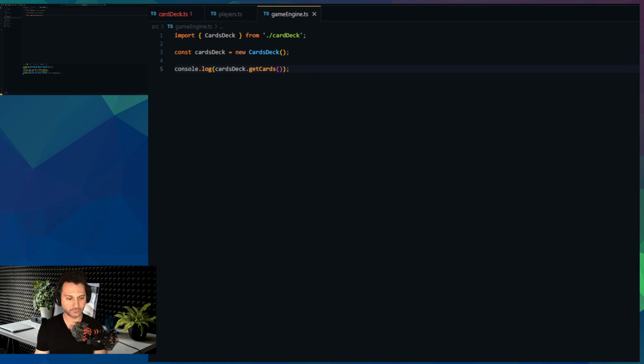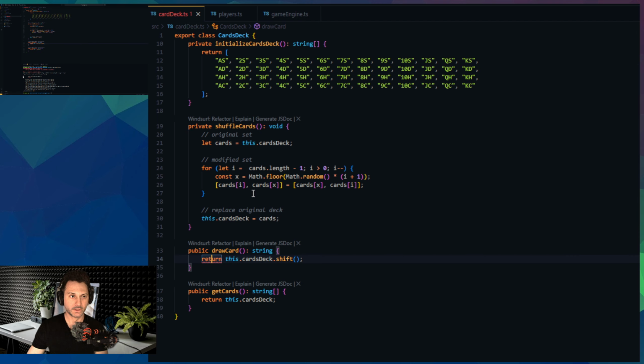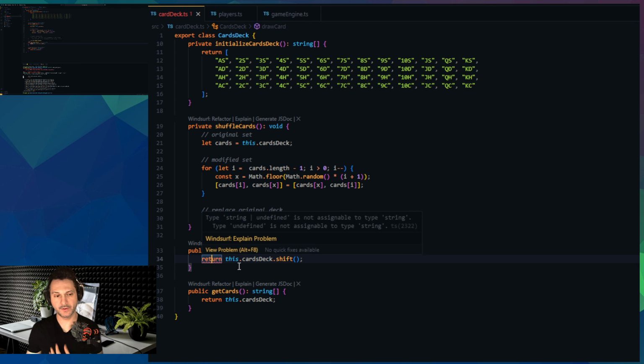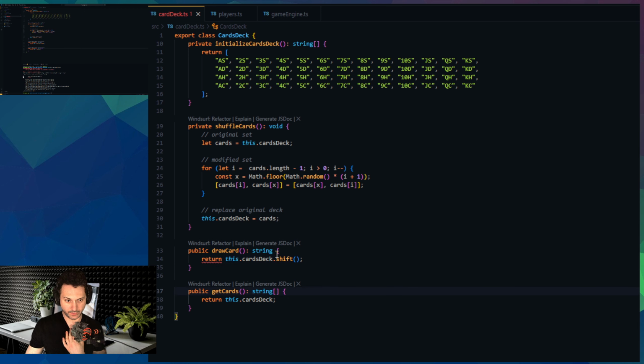Yes. Okay. So as predicted, this won't compile because of this error here. Okay, so let's try to understand. It thinks it's going to return a string. However,